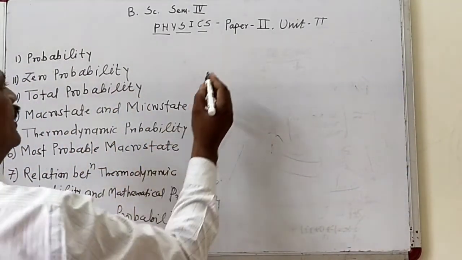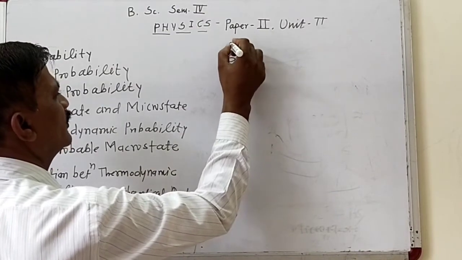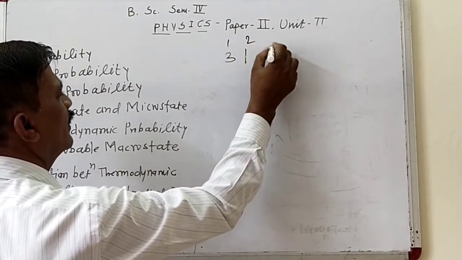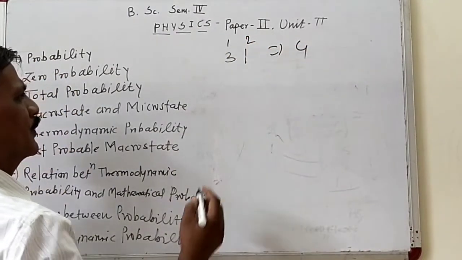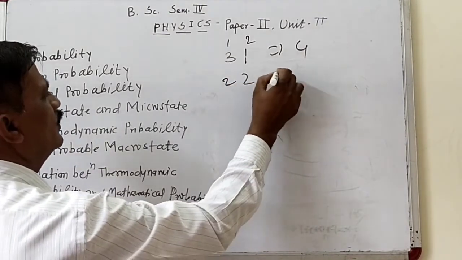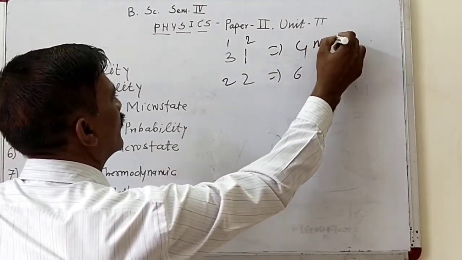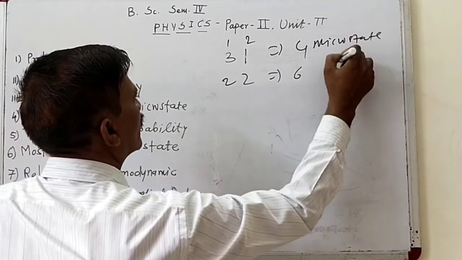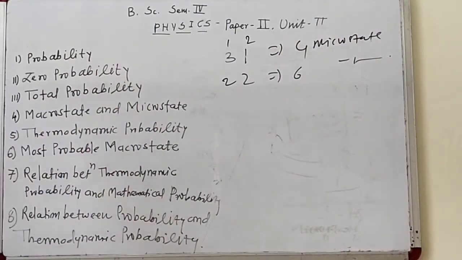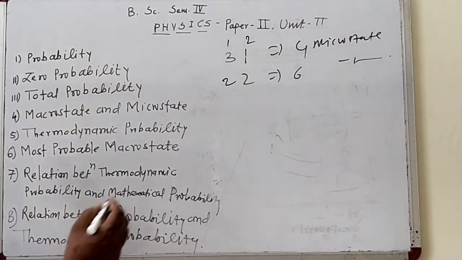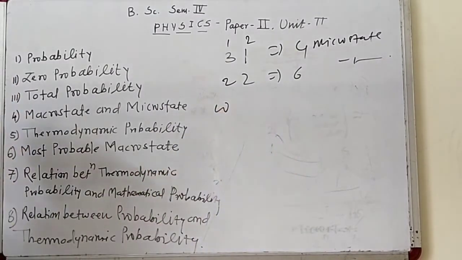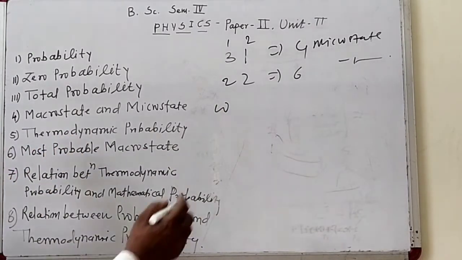Here, in case of the 3-1 distribution, the first compartment and second, there are 4 microstates. In case of 2-2, there are 6 microstates. Right? When 4 distinguishable particles are taken in 2 compartments, observe this. This is the thermodynamic probability. The thermodynamic probability is denoted by the letter W. This thermodynamic probability is nothing but the number of